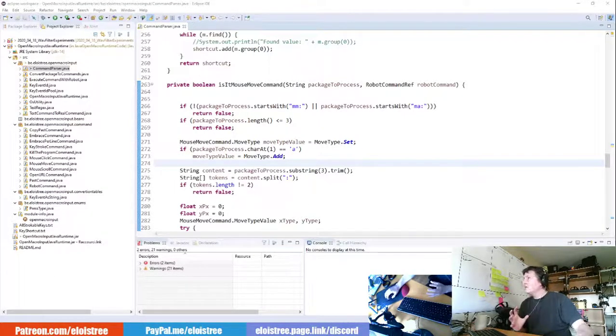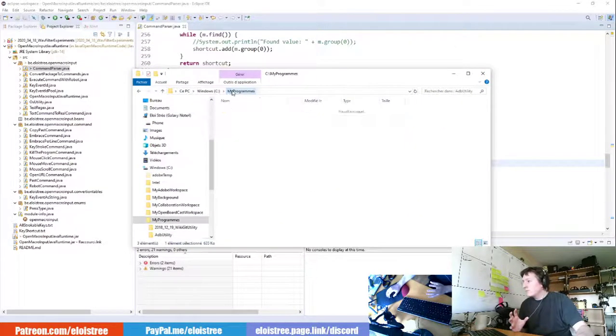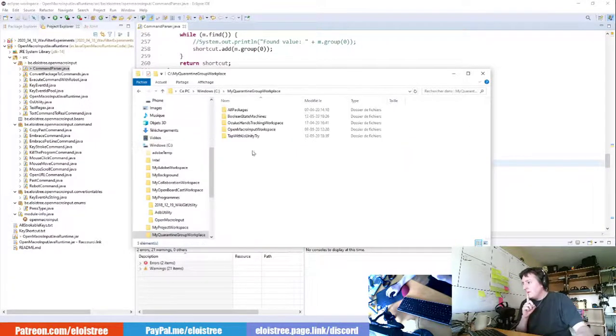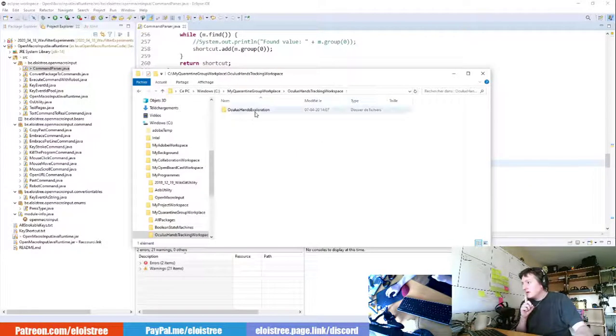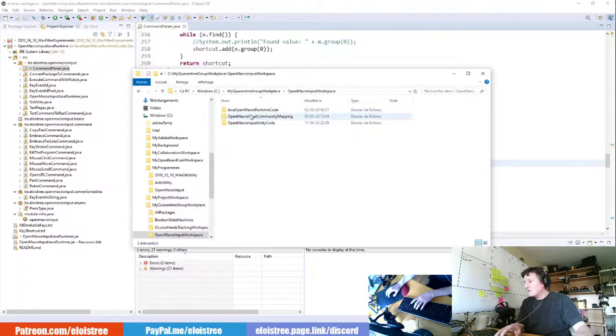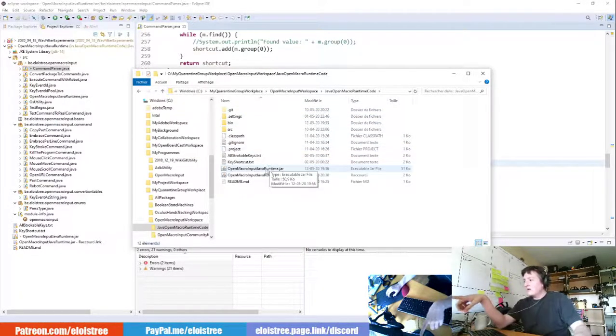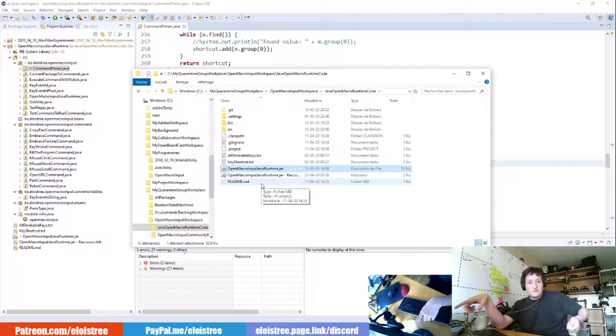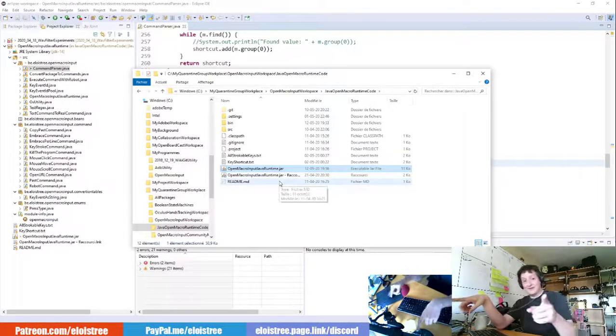So I will show you. My program, where was it? No, it was here. So now you have this little file that you can give to your friend and that you can use on your USB key. So if you want, you can take a USB key, put it on a PC and launch the Java file. And if the PC has Java, it means that you can control the PC. So if you want to do bad stuff, you can. Don't do it, but you can.